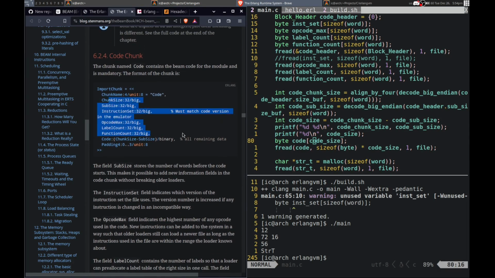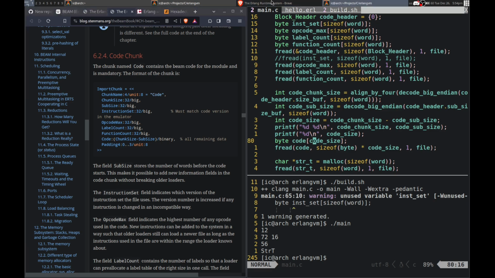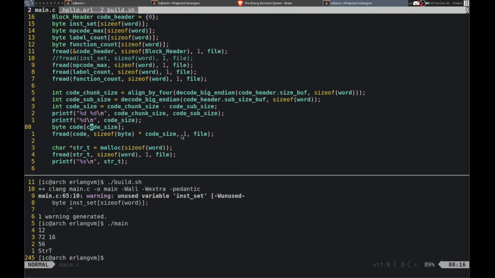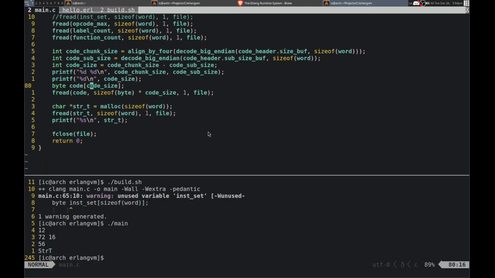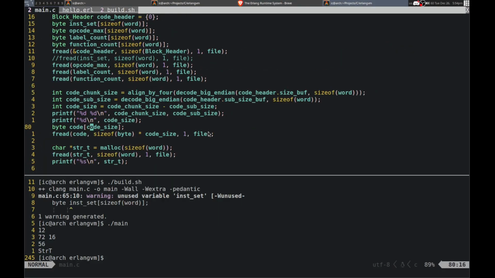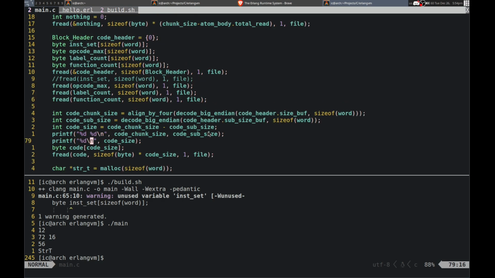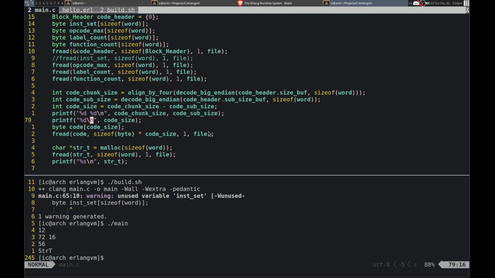It is quite important to have these fields. I don't know.